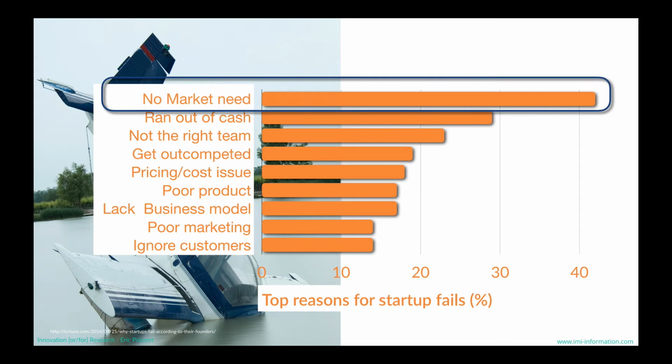But actually, surprisingly, the main reason why these startups failed, 42% of the failures for these startup companies, was that once they had developed the system, the product, they went through all the 8 logical steps and started to commercialize their solution, it happened that there was no market need. That means they went down the chain from the researcher, from the institution, from the industry partners, investors, etc., down to the user. And when they reached the user, there were no users. People were not willing to use their product. They were not interested. They didn't see the reason why they should pay for that product because they didn't need it.